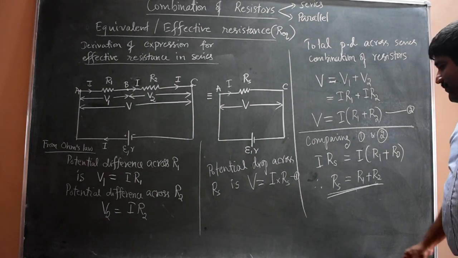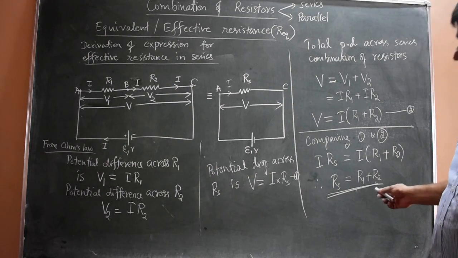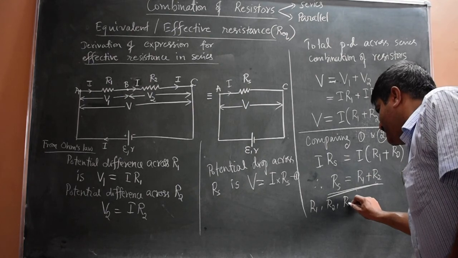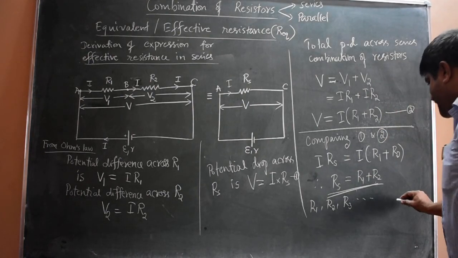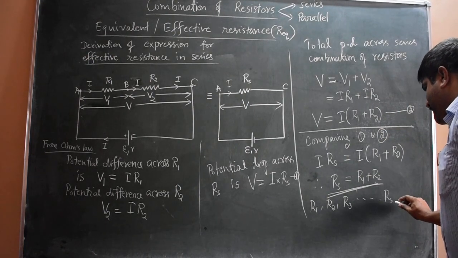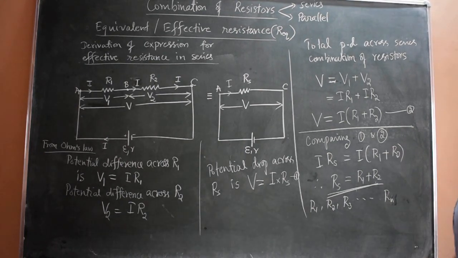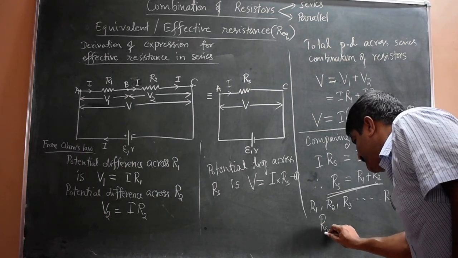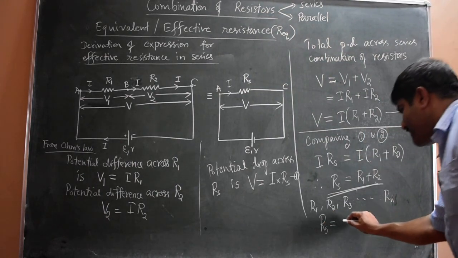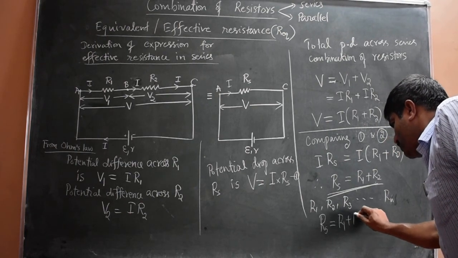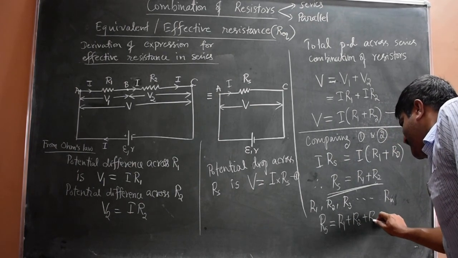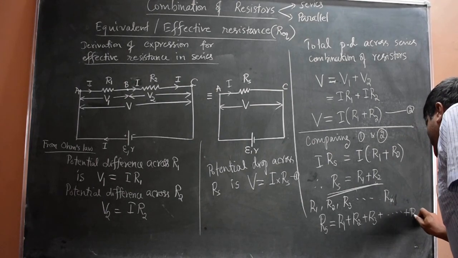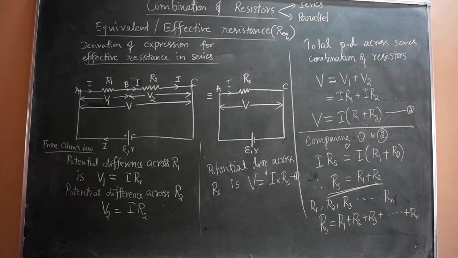So then we have the general law. Now if n resistors are connected with the resistances R1, R2, R3, etc. N means any number of resistors. It may be 5, it may be 10, it may be 100. It may be 3 also. So then the effective value Rs in series combination is R1 plus R2 plus R3 and so on. So we can generalize the formula for n resistors. N means some finite number, it may be 100 also.